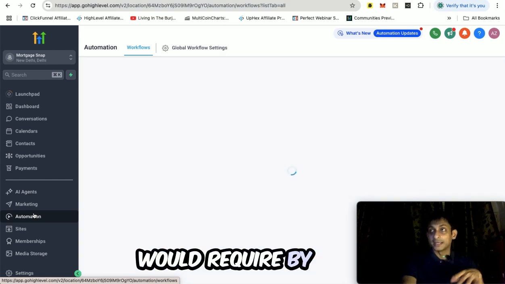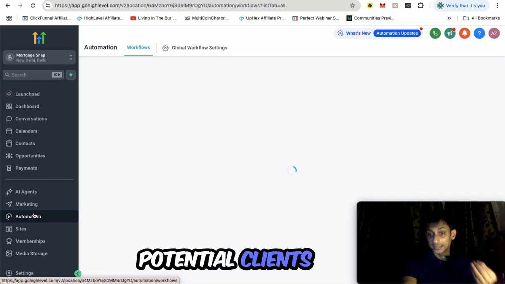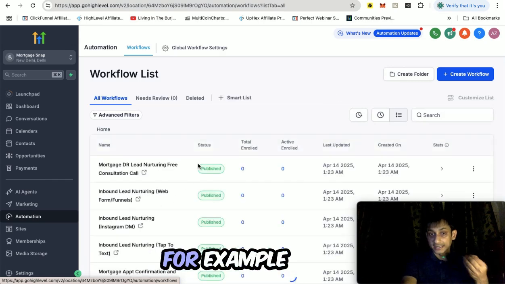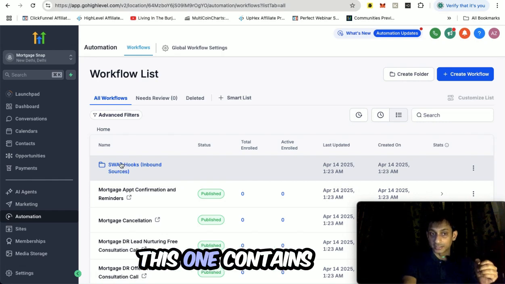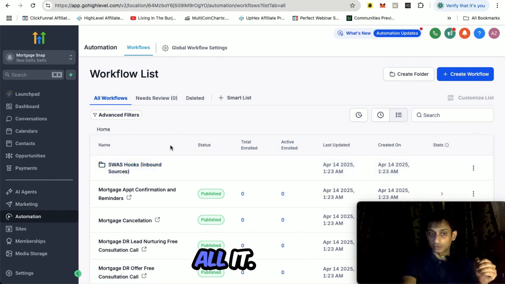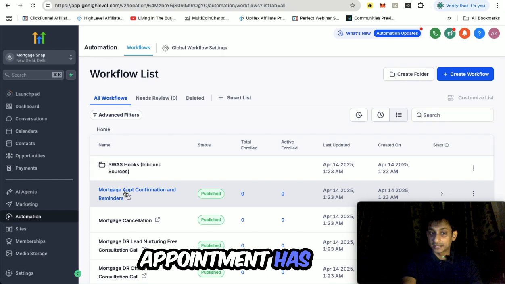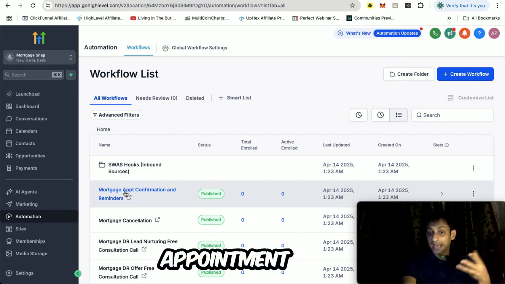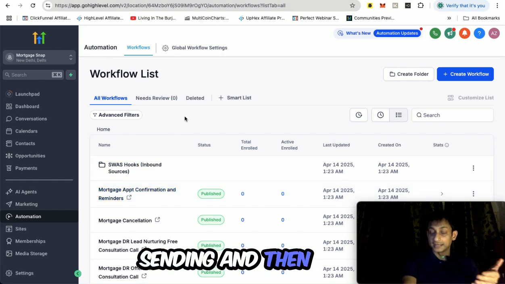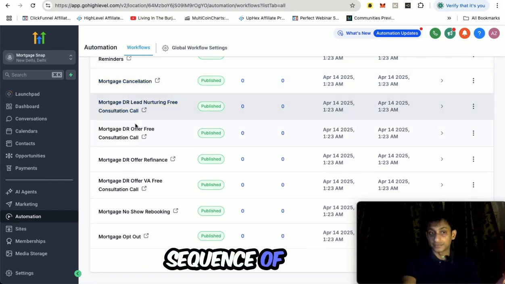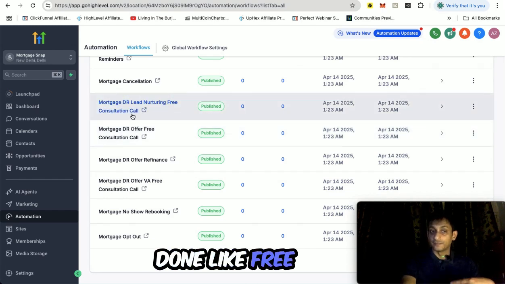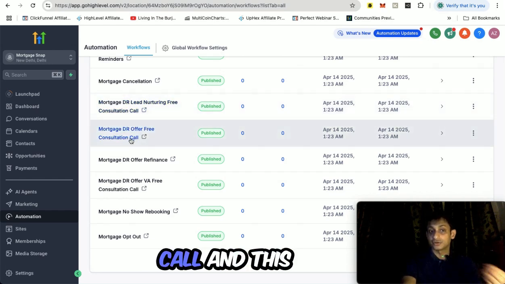required by each of the steps that the potential clients of those mortgage companies can take. For example, let's say there are inbound DMs coming through Instagram, Facebook and so on, how to follow up. This is a folder, it contains all of it. This one is, let's say, an appointment has been confirmed, so until the appointment happens the reminders keep sending, and then the initial email and so on. Somebody just canceled the appointment, what sequence of steps should be done, like free nurturing